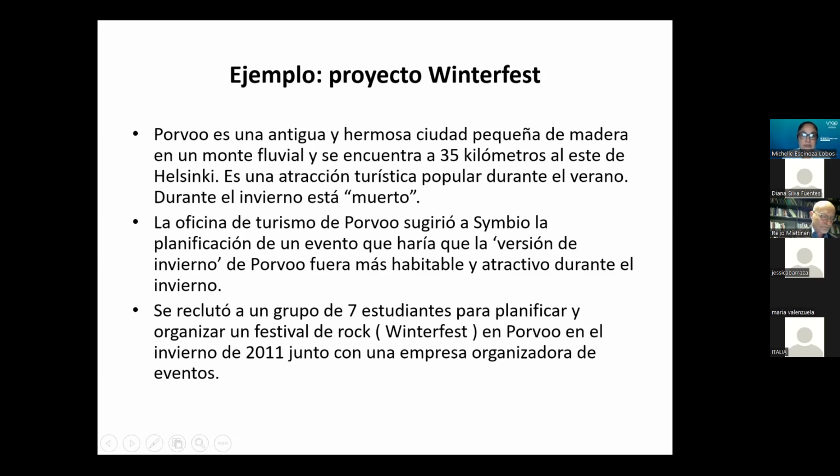Ya, como ustedes pueden ver ahí entonces, en Porvoo se llevó a cabo este proyecto que era de un festival de invierno, Winterfest. Y como explica el profesor, dice que es una ciudad pequeña, que es muy linda, que es toda de madera, ¿cierto? Que es muy atractiva particularmente durante el verano, pero que en invierno, como aquí puede suceder en algunas ciudades del sur de Chile, ¿no? Está como muerto, no hay mucha vida ahí. Por lo tanto, surgió esta idea desde la oficina de turismo de comunicarse con Symbio y ver la planificación de un evento, para que de alguna manera esta versión de invierno, ¿cierto?, de Porvoo, esta versión como más muerta, sin mucha vida, fuese más habitable y más atractiva durante el invierno también, aprovechar el invierno para atraer turistas a